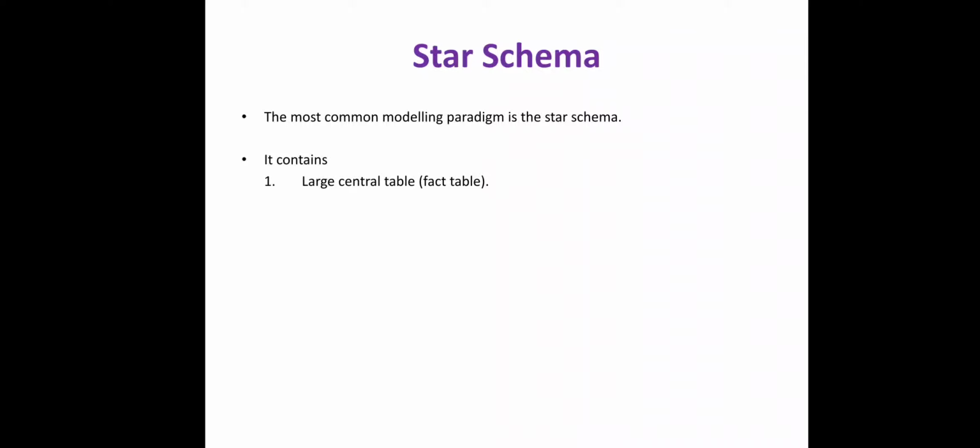It should avoid redundancy, and that will be a central table, which is called a fact table. The next thing is a set of smaller attendant tables. These attendant tables are also called dimension tables, one for each dimension mentioned in the fact table. In this way we represent a star schema of the data we have in our data warehouse, showing our data with the fact table and dimension tables.